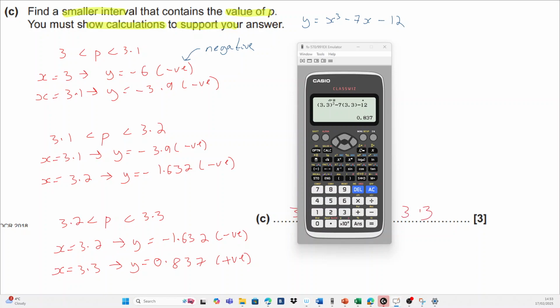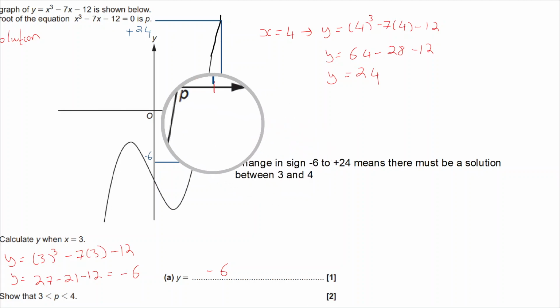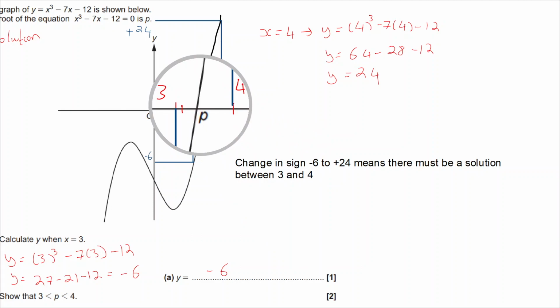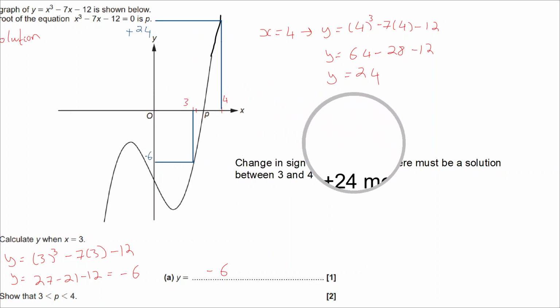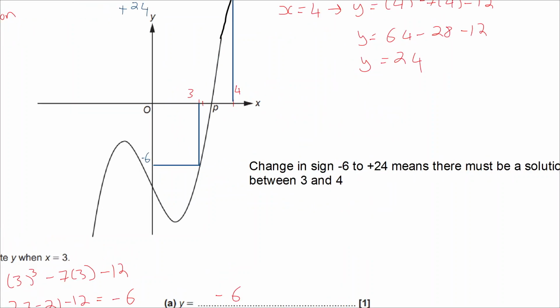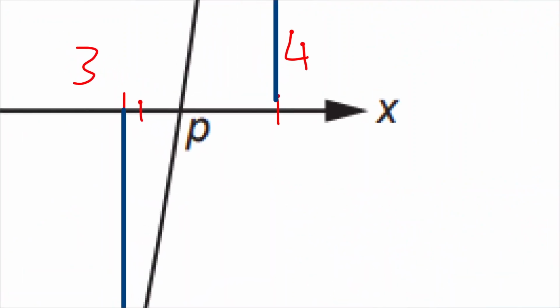So literally, you have found a smaller interval where the solution would lie. Just to put that into context, if I get the magnifier out again, there we go. Literally, the solution must be, if I really zoom in over here, we know it's between 3 and 4, but even more accurately,